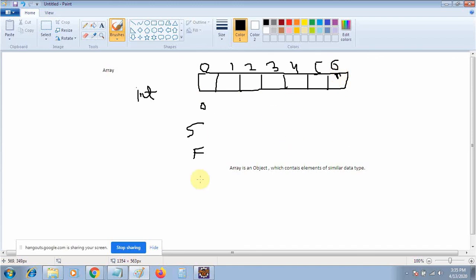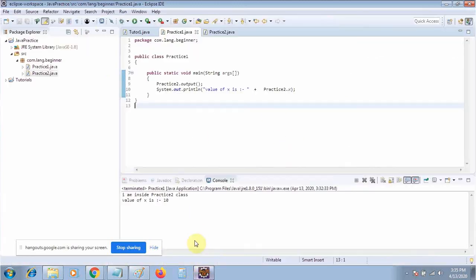Now we will create some array and then perform some operations on the array. So let's move and create an array.